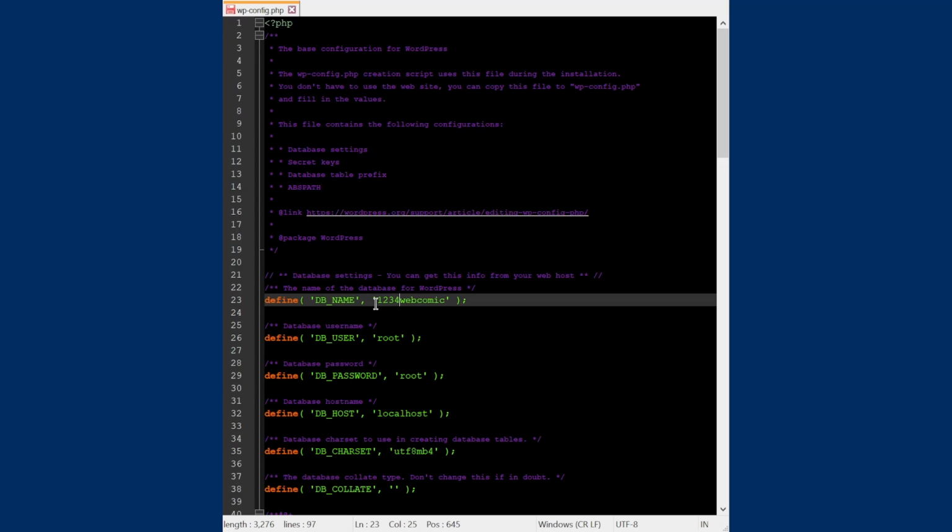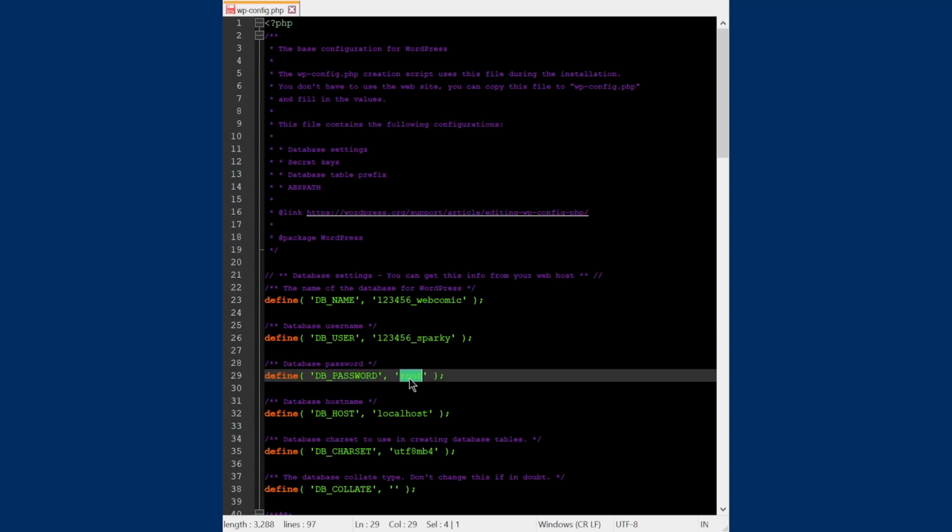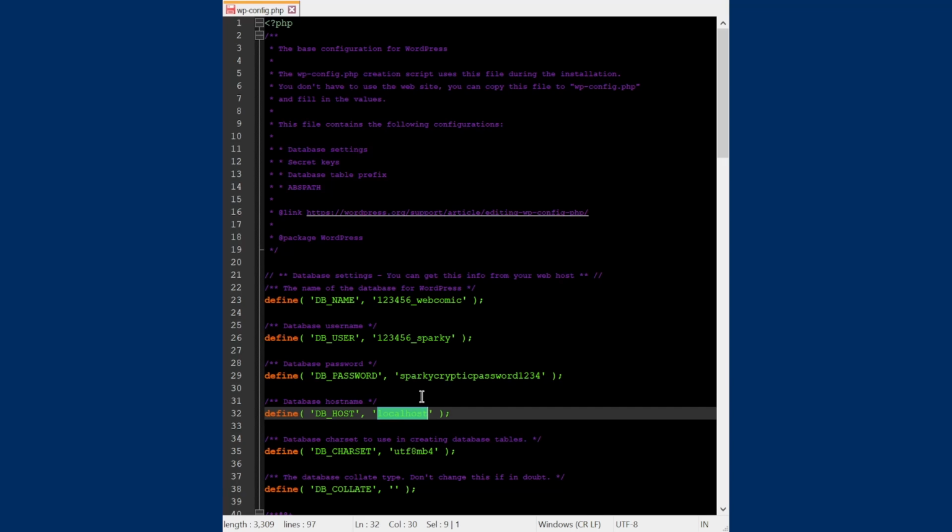Change this to your online database name. In my example, that's 123456_webcomic. Your online database user, 123456_Sparky. Sparky's online password, and change localhost to the online address right here.